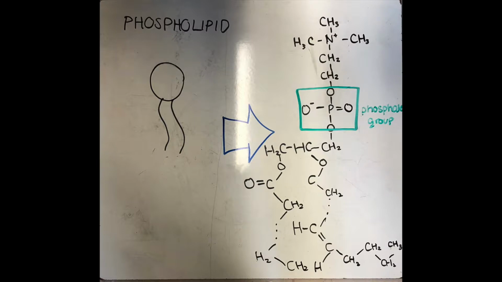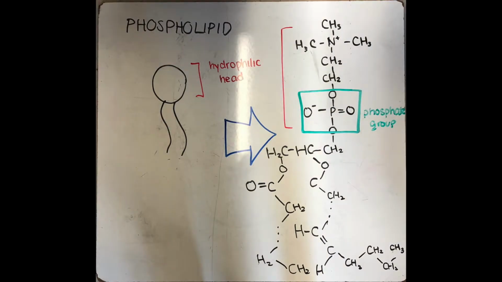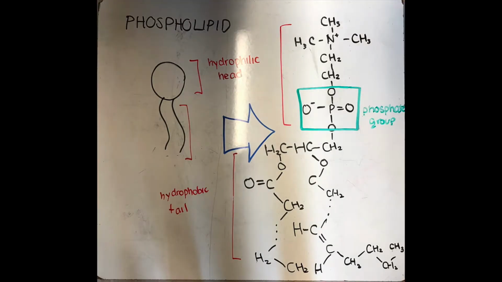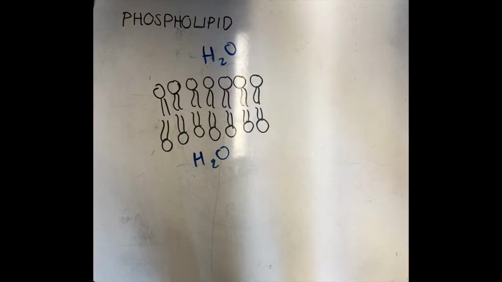The phosphate group, part of the head of the lipid, is polar. This makes the head hydrophilic. The hydrocarbon tail is nonpolar, making it hydrophobic. When phospholipids are exposed to an aqueous environment, they organize into a phospholipid bilayer. The hydrophilic heads surround the outside and face towards the water, while the hydrophobic tails group together in between the